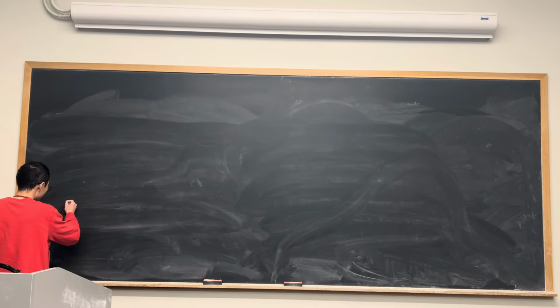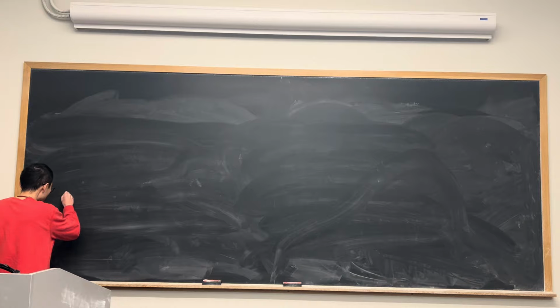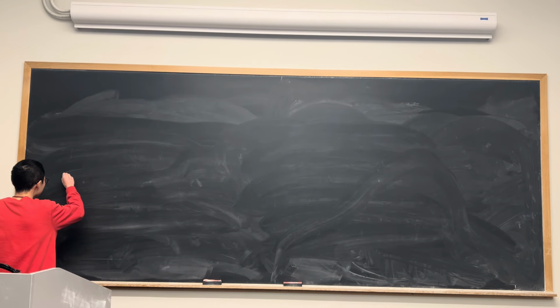Here the idea is that we have this X tilde as the holomorphic covering space of this X, and then